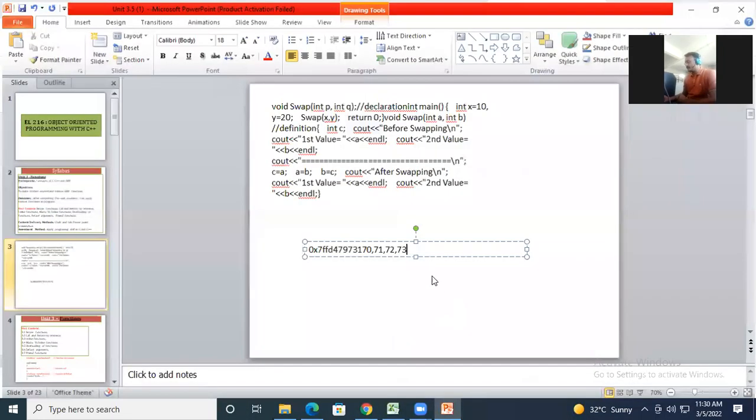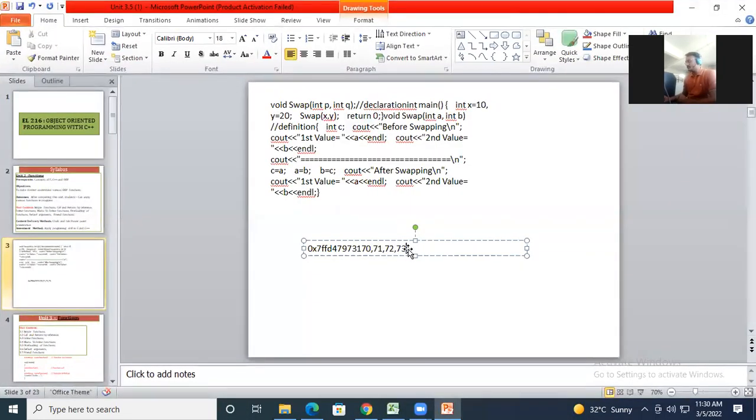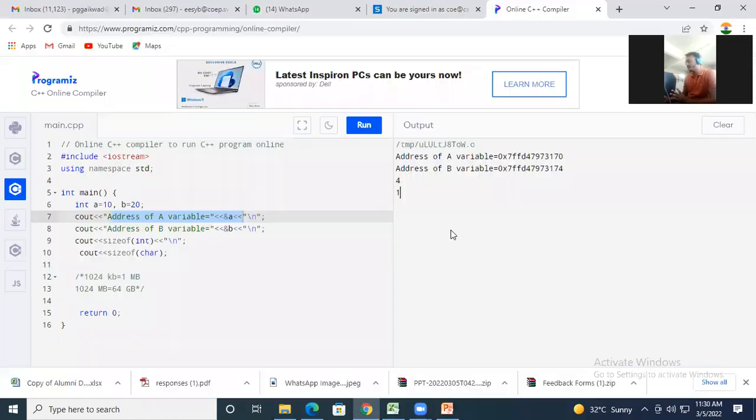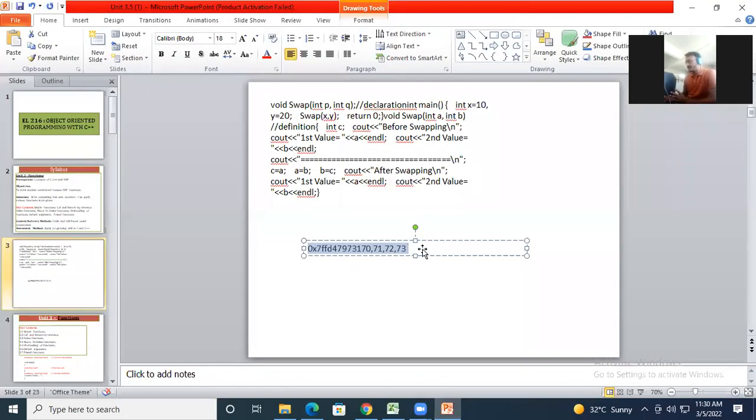Now after 73, as there is no space, meaning integer requires 4 bytes, so 4 bytes are reserved. But now if you check, b starts from the immediate next address, 74, then 75, then 76, then 77. Okay, these 4 memory addresses are reserved to hold the value of the b variable, which is b is equal to